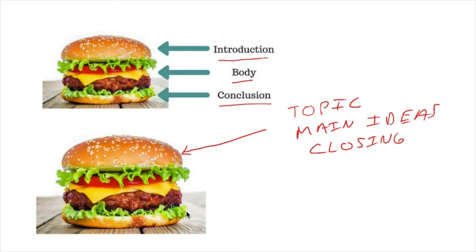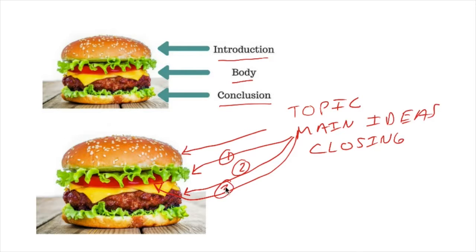Now, each one of these ingredients inside of the buns makes up your body, and they are the main ideas. So you may have lettuce as one main idea, the burger as another main idea, and what? There's a tomato on there? A tomato as a third main idea. 1, 2, 3 main ideas. Now, depending on what grade you're in, you may have 4, 5, 6 main ideas. It can grow more and more complicated. Let's, for today, stick with a typical 4th grade essay that has 3 main ideas.